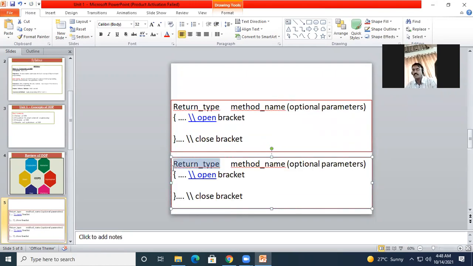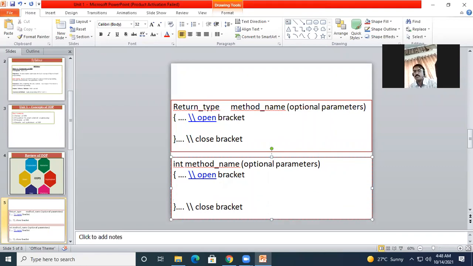So return type other than void, all are return types which will return some value. This void data type is not returning any value. If you write integer here, then the open and close curly bracket should have a return statement.